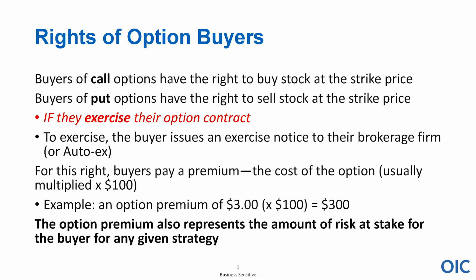What's the most you can lose? It says here that represents the amount at risk. Let's just say the stock is trading at $60, and you buy the 60 strike price call for December. You have the right to buy 100 shares at any point in time you choose at $60 per share. Well, let's just say that stock goes to $40 per share. It has some terrible news.